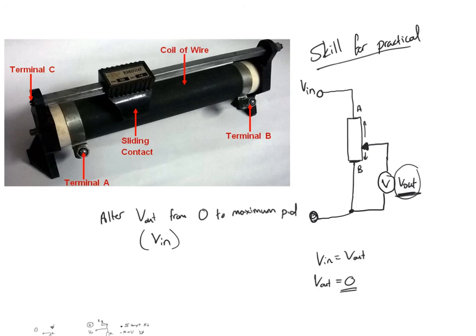But the most important part is this, that a potentiometer can give you a range of values for V out, starting from 0 to maximum V in, whereas in the potential divider circuit, you can't get from 0 to V in. You can get a specific range, but not from 0 to maximum V